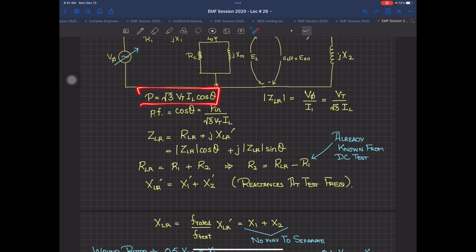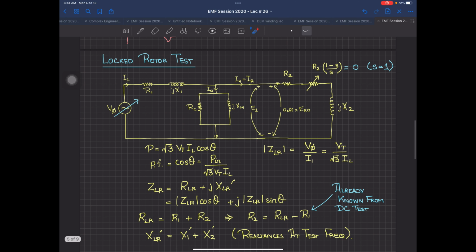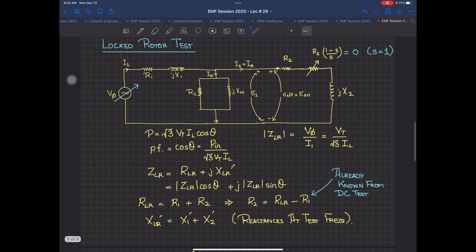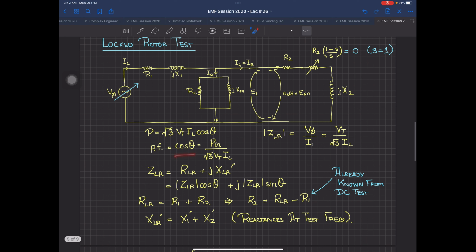First of all you have the power, that is actually the input power. Certainly you will be attaching a 3-phase watt meter over there. So this will be W1 plus W2 giving you the power, and based on this power you will be finding out your cos of theta, and this cos of theta will be for your R1 plus JX1 plus R2 plus JX2, whatever angle. And when you have found out your power factor, you can use this power factor for ZLR. This is the locked rotor in the subscript over there.